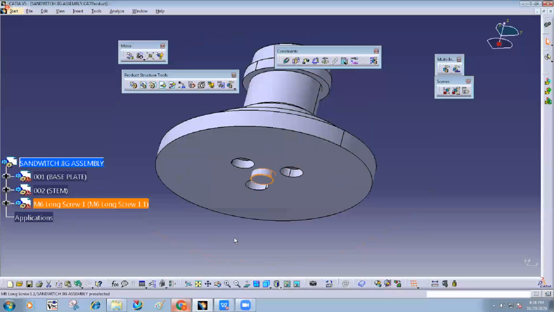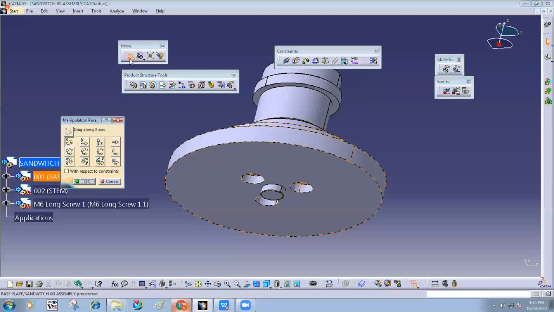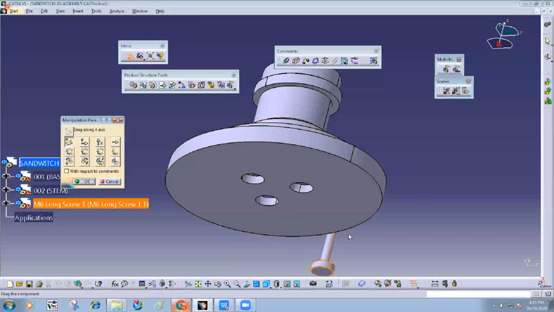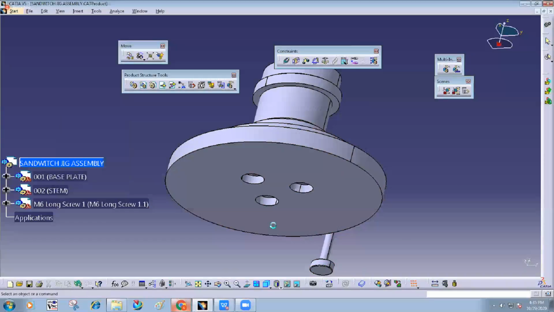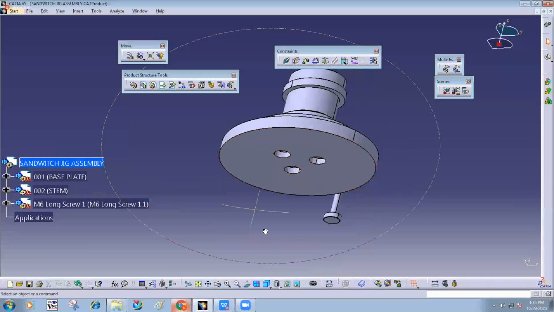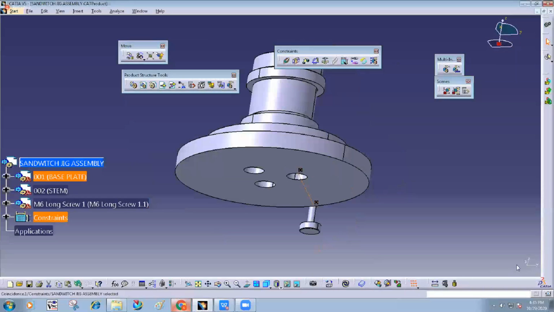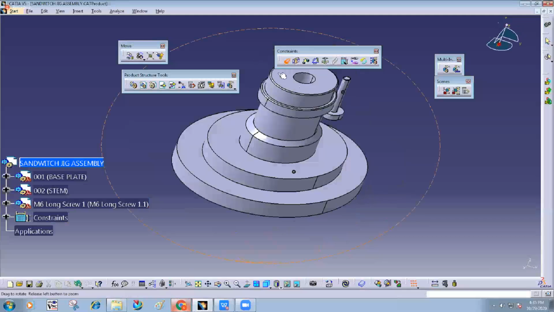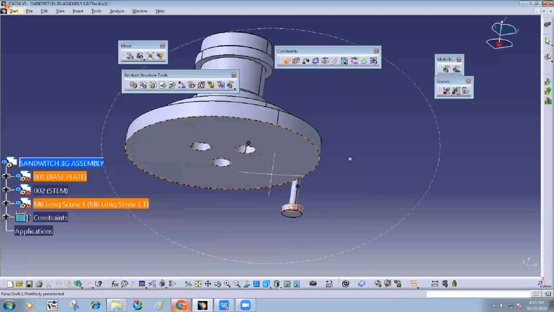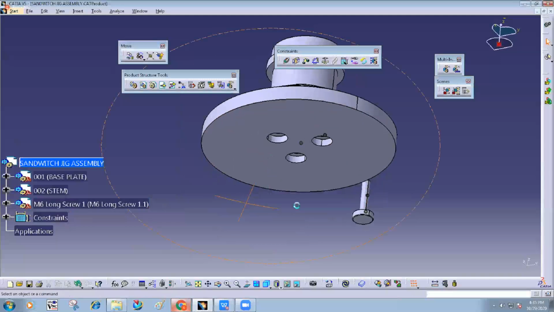Okay, this approach you already know, that is a bottom up approach. So I move this part in a different location and get it assembled here using constraint. What is the third constraint?